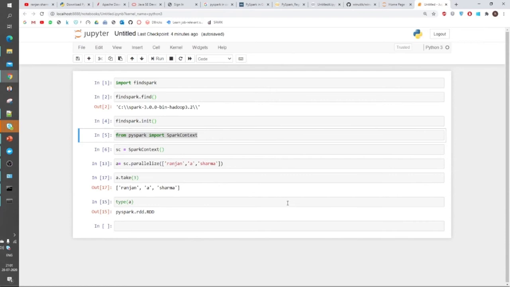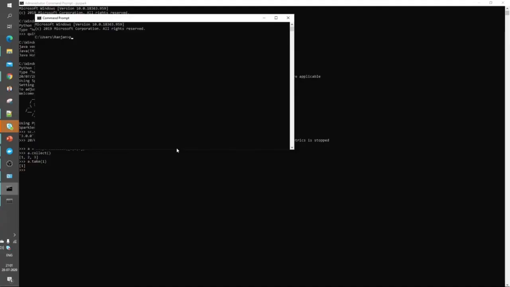But suppose you don't have admin rights, so you won't be able to change the environment variable. In that case, if you don't want to set up in your local environment, I will show you how you can create this environment in Google Colab. And first of all, when you are typing PySpark here and it is not getting opened, you can do some troubleshooting. The chances are that you have not set the environment variables and the path variable.